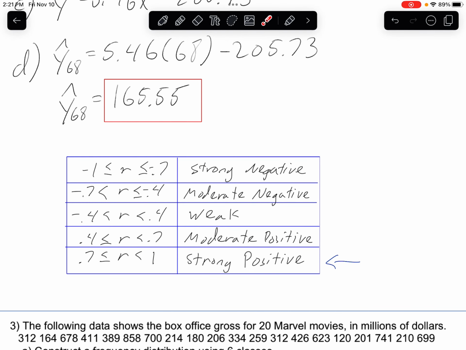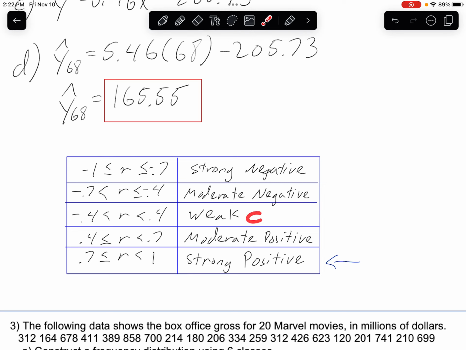If the number is positive, but somewhere from about 0.4 up to 0.7, that indicates a moderate relationship, a moderate positive relationship. Anywhere from negative 0.4 up to positive 0.4, essentially close to 0,